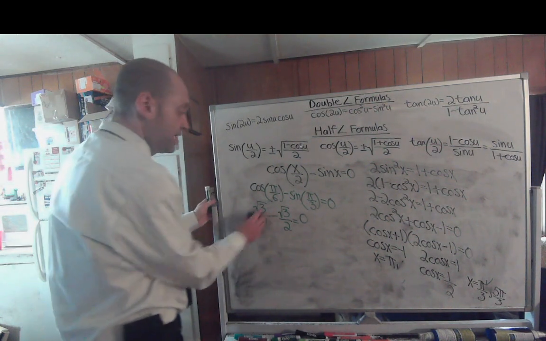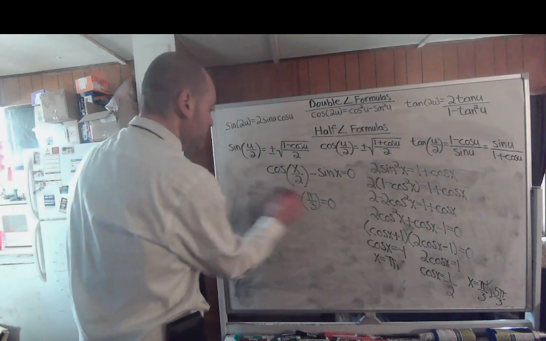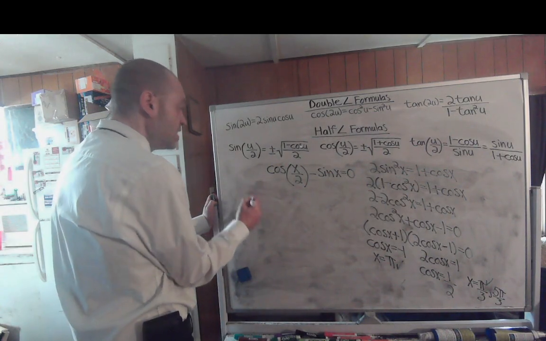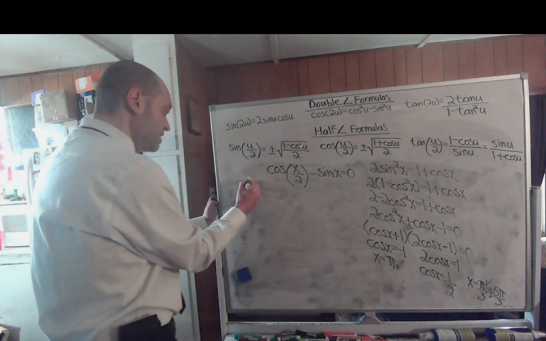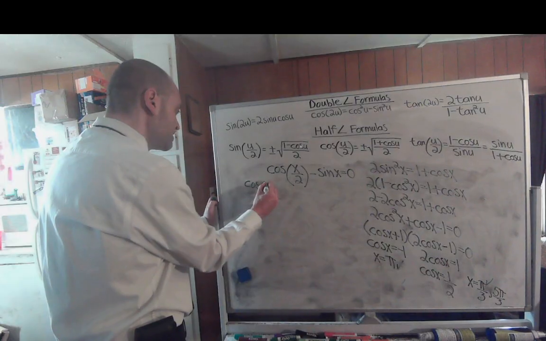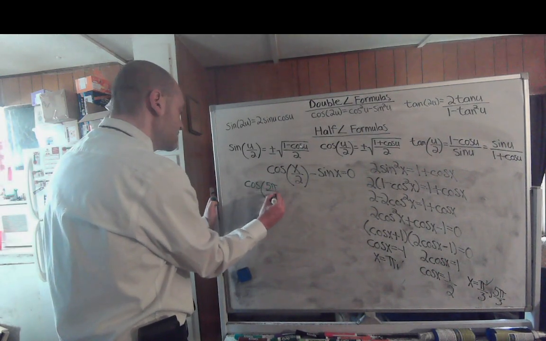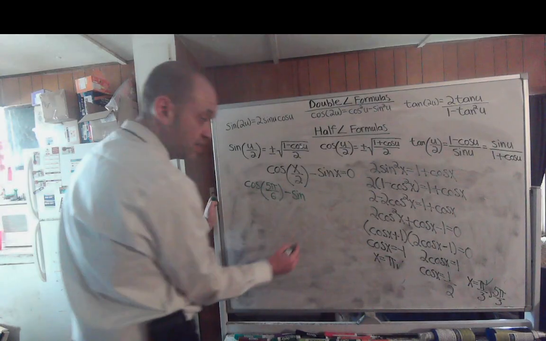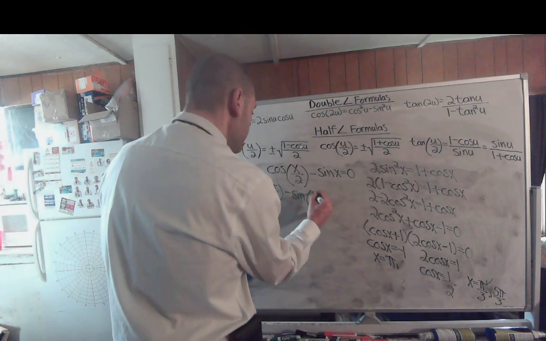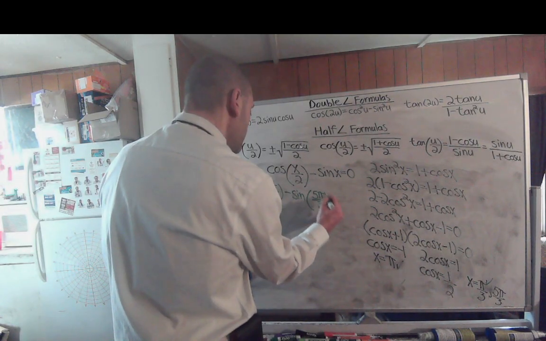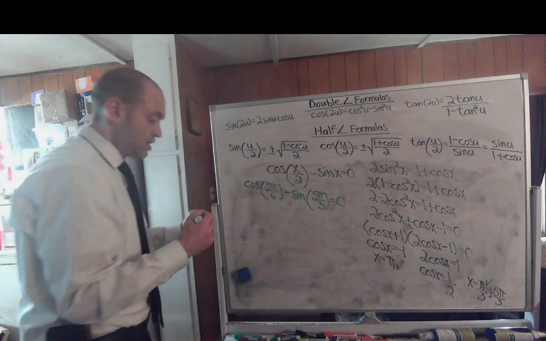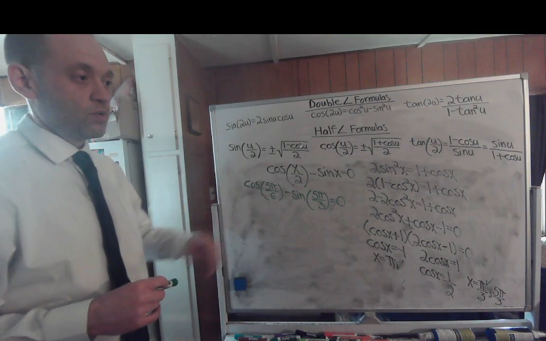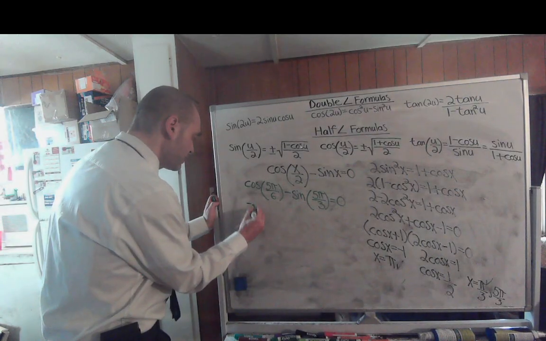Now, this is where it could get interesting. What about 5 pi over 3? Alright, so 5 pi over 3 divided by 2 would give you the cosine of 5 pi over 6, which would definitely be in the second quadrant. So cosine of 5 pi over 6 minus the sine of 5 pi over 3, which is in the fourth quadrant, set that equal to 0. Cosine of 5 pi over 6 is based off of a 30-degree angle in the second quadrant, so that would be negative square root of 3 over 2